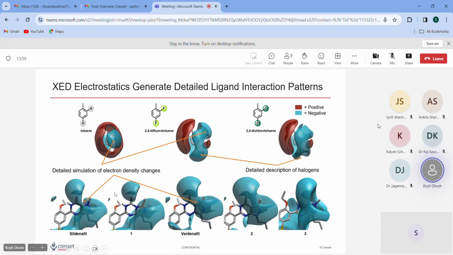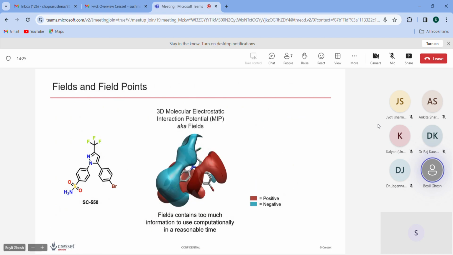And hence, in the Z force field, this complex description of charges results in a more detailed understanding of aromatics as well, which are widely spread in the drug discovery area. So understanding the electrostatics of aromatics is very important in drug discovery. Now, comparing molecules using this full electrostatic surface